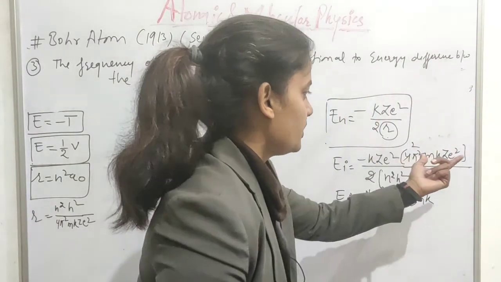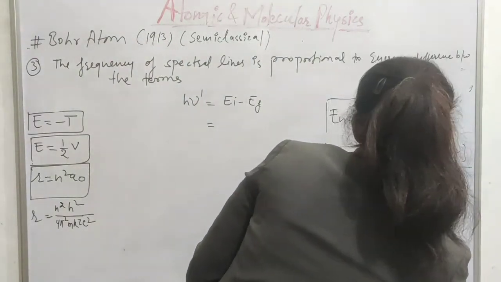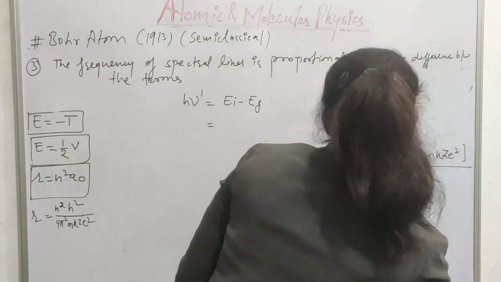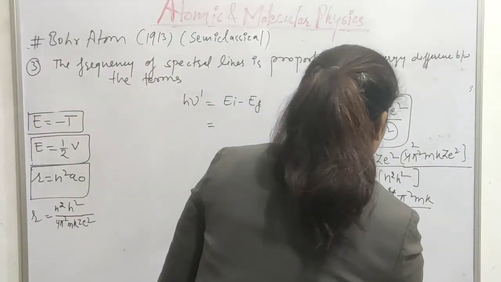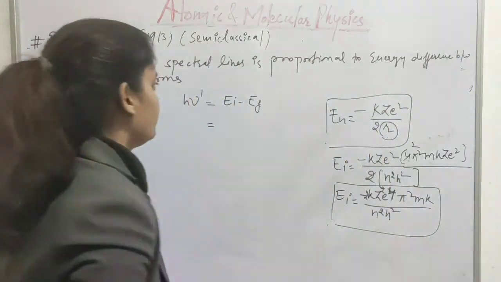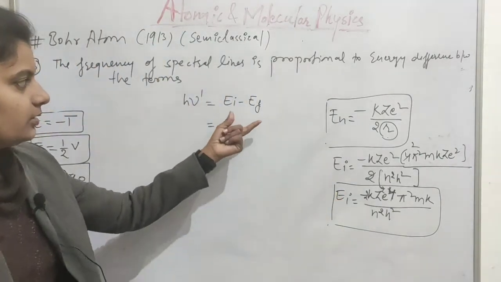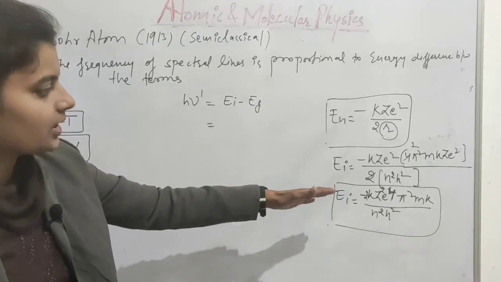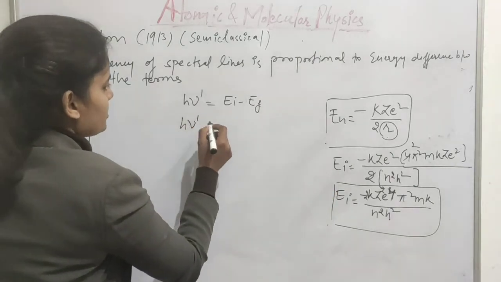This Z becomes twice and e becomes 4 times, and here n square over h square. So this is the value of energy for the ith state. This term contains a negative sign, so when we write Ei minus Ef, this negative sign will come this way. We can write h nu dash is equal to